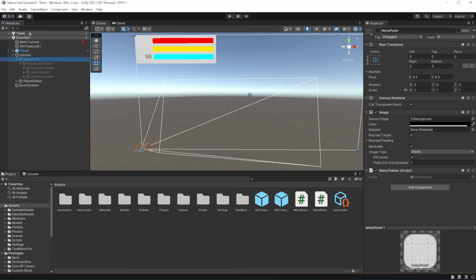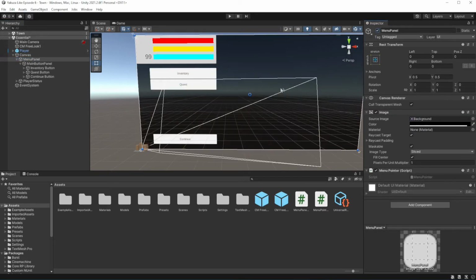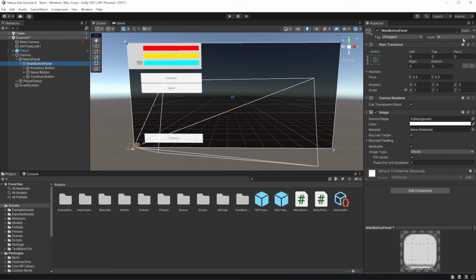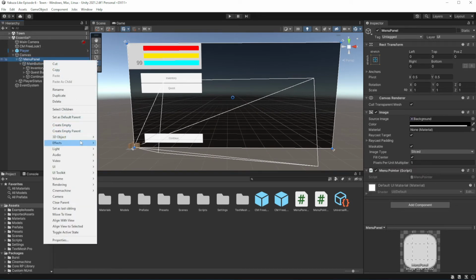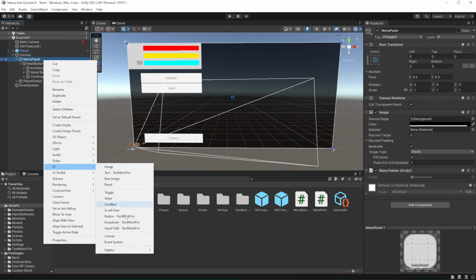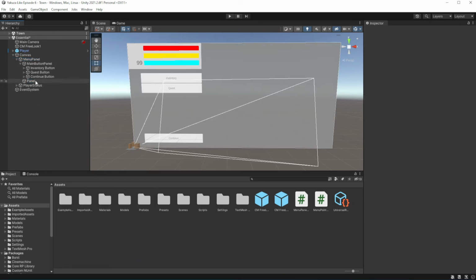Now I want to set the other two buttons to show and hide panels, which later on will have the inventory and quests. Create two new panels and hide the button panel and show the newly created panels.